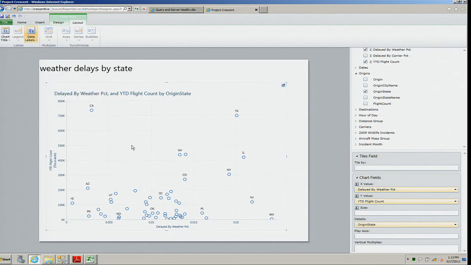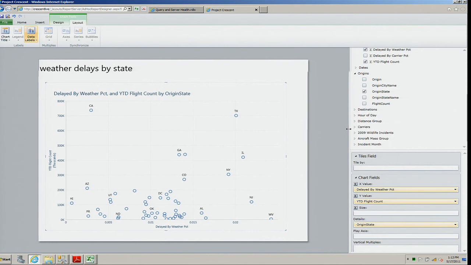And right away, we can already see some things here. Like number one, California has a lot of flights, but they typically don't have to deal with any weather issues, which kind of makes sense. States like Illinois and New York and New Jersey have more weather issues, and they also have a lot of flights. Now, if I want to look at this data over time,